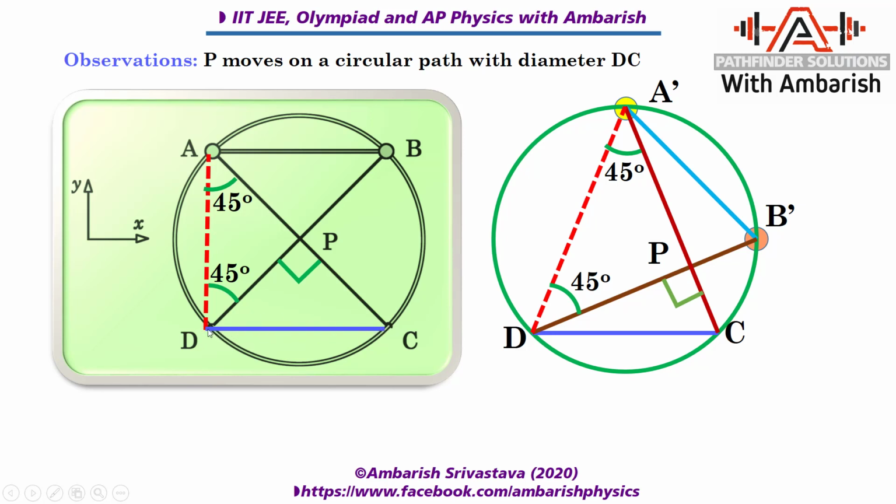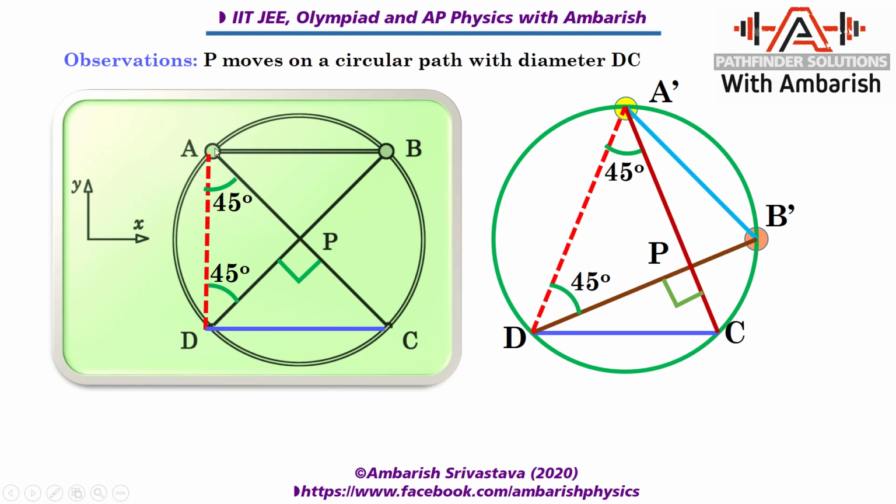What is that? You can see that angle DAC will be half of the angle DPC, right? So angle DAC is half of angle DPC, and initially you know that this angle is 90 degrees. So angle DAC is going to be 45 degrees. Similarly, cord AB of the circle also has the length r root 2. Because of the same length cords, the angles subtended on the periphery are the same. So if this angle is 45 degrees, this angle is also going to be 45 degrees. So this is the initial condition. You can see that angle DAC and angle ADB are both 45 degrees.